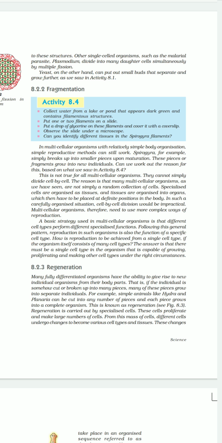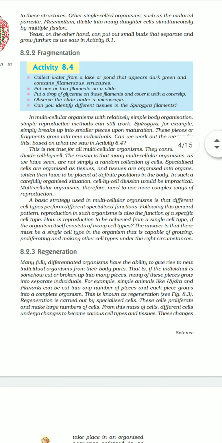In binary fission, the nucleus of the parent cell divides only once to form two daughter cells, while in multiple fission, the nucleus of the parent undergoes repeated division and so many daughter nuclei are formed. In binary fission, cytoplasm divides after nuclear division, as I already told you that karyokinesis takes place first and then cytokinesis. While in multiple fission, cytokinesis does not take place after every nuclear division. The cytoplasm does not divide every time, only karyokinesis keeps happening.